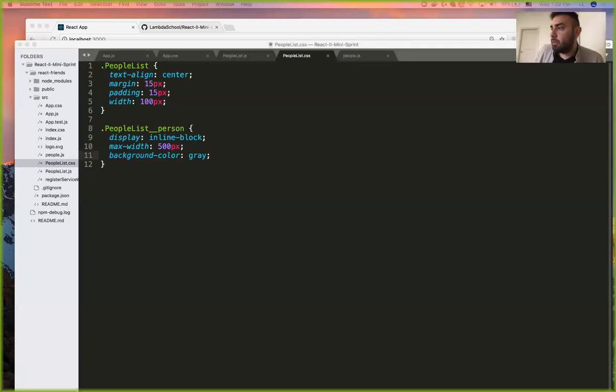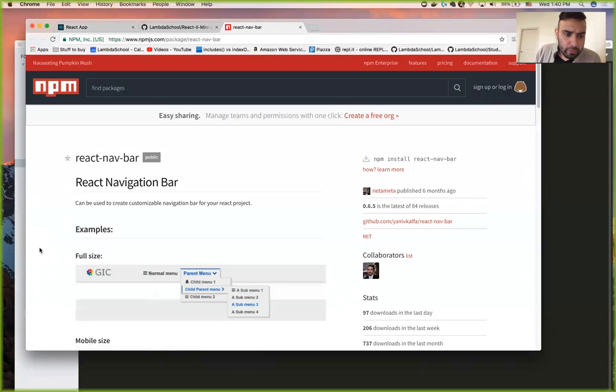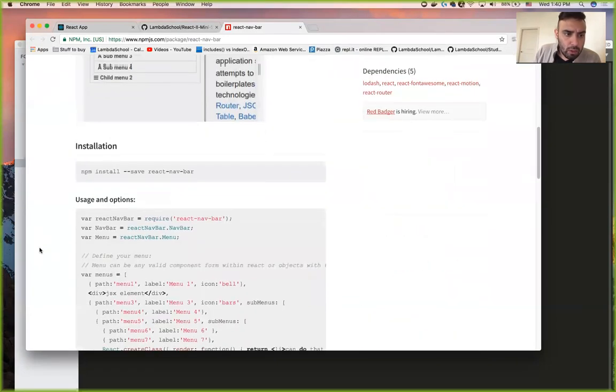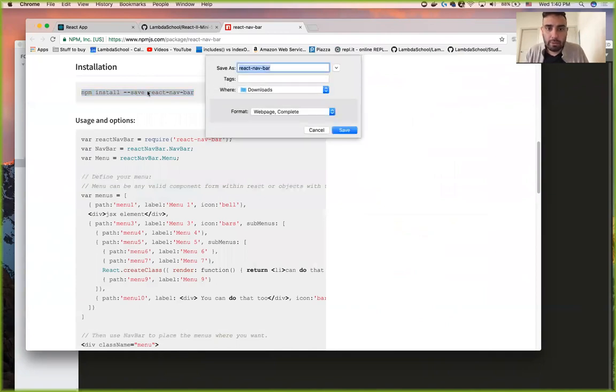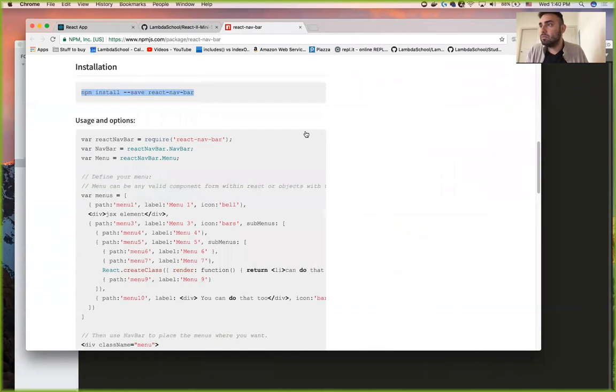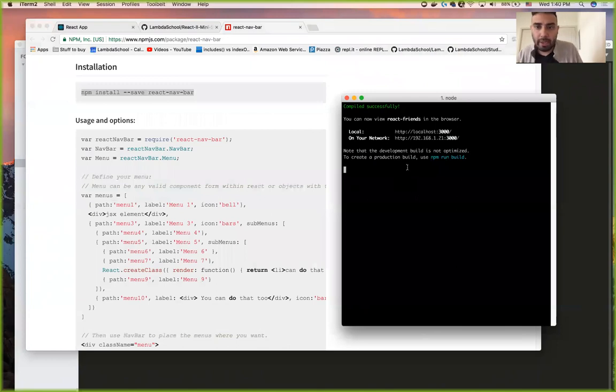Do we have time to go over importing something basic like React Navbar? What's React Navbar? It'll tell you what to do right here, right? So if I wanted to do this, I would simply do this. What is dash dash save going to do when I npm install? That's not what I want. I won't install it here, but basically what I would do is I'd install it like this,